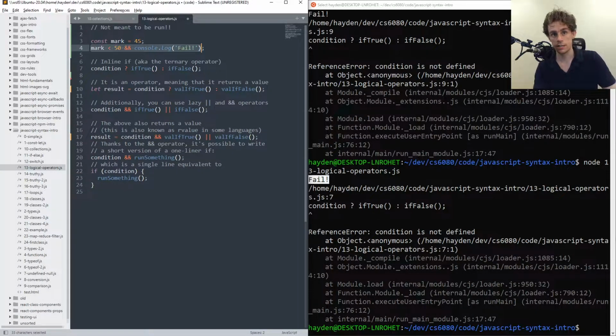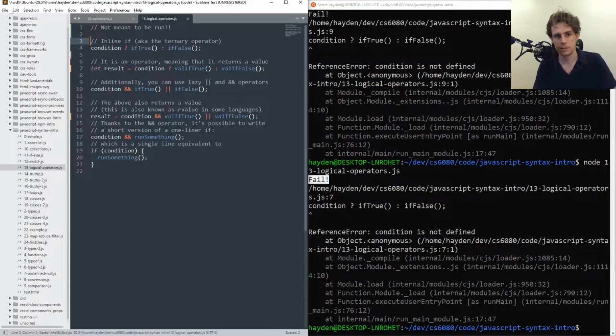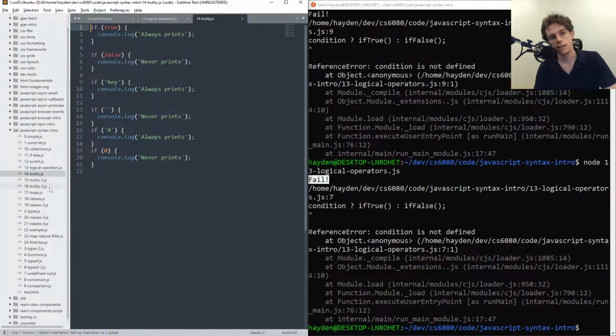So this whole line itself here would actually return a value, but we are discarding that return value. We're just kind of leveraging the AND logic here. So if mark is less than 50, then we go and console log this, like that. So that's just a little bit of fun. That's not something you need to worry about, but you will recognize that later, probably in week 7 when we talk about that. So the next few examples are to do with what we call the truthiness of a